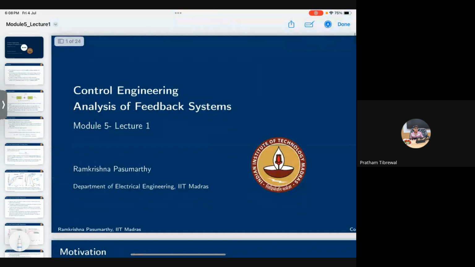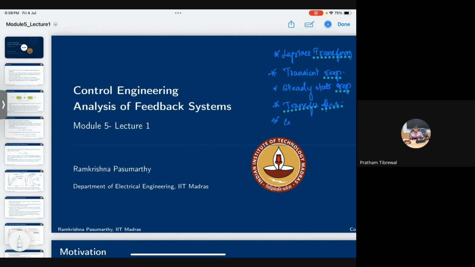Right. Till now, what we have seen, most of the bigger topics are Laplace. We have seen that it can be used later in any other weeks. It's a mathematical tool, and we have studied transient responses, steady state responses, transfer functions mainly. What else? Convolution,